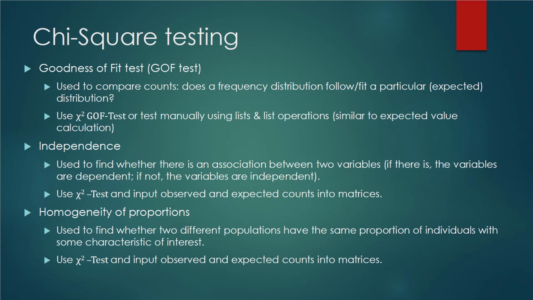I'm going to present a final example of chi-squared testing in action in this video here. We're going to look at homogeneity of proportions, and we have a very interesting example for you. Hopefully this video will help you to think through some of the issues that come up when you're working on